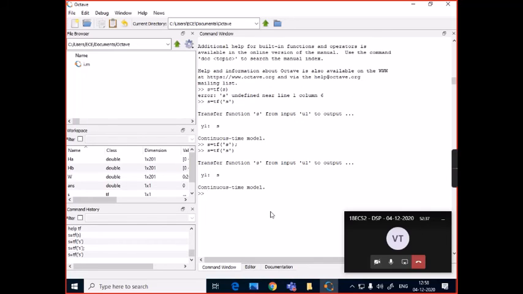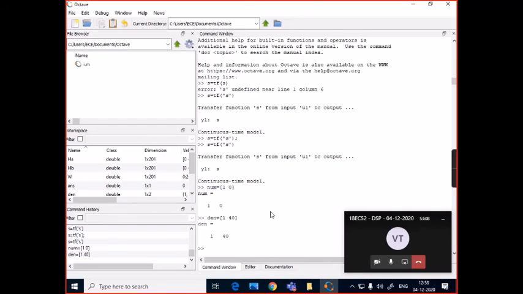In our case, if I want to display the high pass filter's transfer function, then I need to define the numerator and denominator coefficients. Numerator coefficients were 1, 0, the same thing we used in our program, and denominator coefficients are 1 and 40.